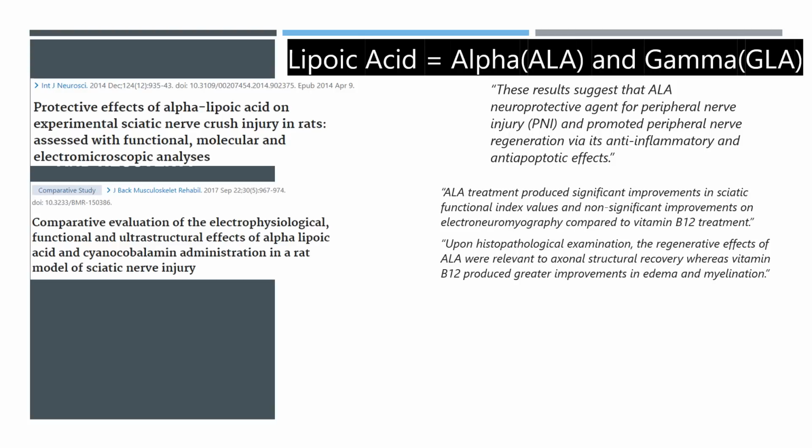And additional animal models also show that ALA treatment produced significant improvements of sciatic function index values with non-significant improvements on electromyography compared to B12 treatments, meaning function improved greatly with ALA, but compared to vitamin B12, ALA and B12 did about the same improvement in